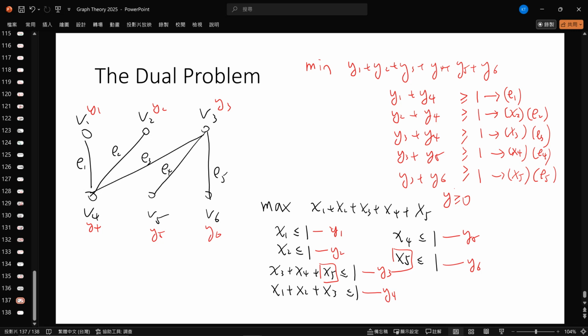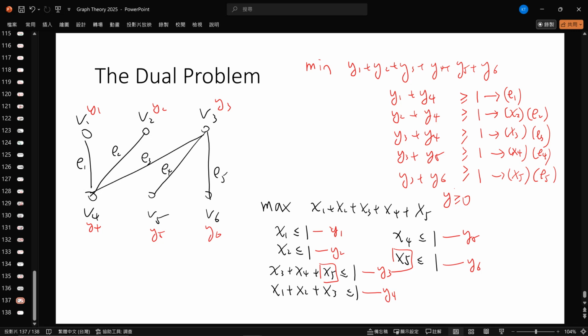Well, so I think the relationship here is quite simple, okay? So we consider the endpoints of the edge, okay? And we compute the sum, that is Y1 and Y4. And their sum should be at least 1, okay? And so this is for the first constraint. And for the second one, that is for E2, okay? So E2 has endpoints V2 and V4. So you can see that the left-hand side of the second constraint is exactly the sum of these two variables,